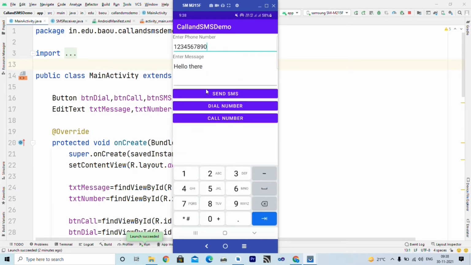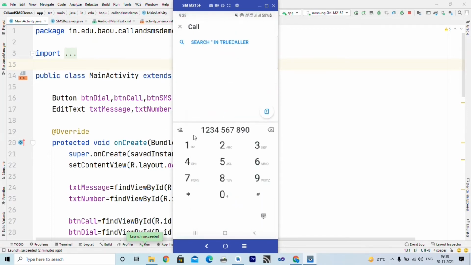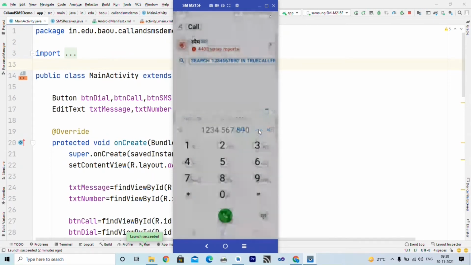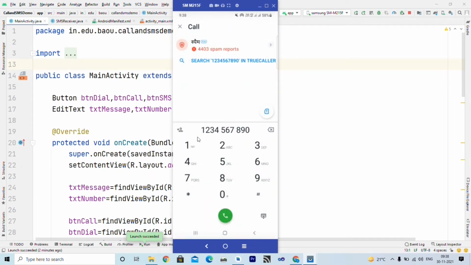Now suppose I want to dial this number. So I am clicking on the dial number button. It will open my dialer. You can see my dialer is open. I need to just click the call button.